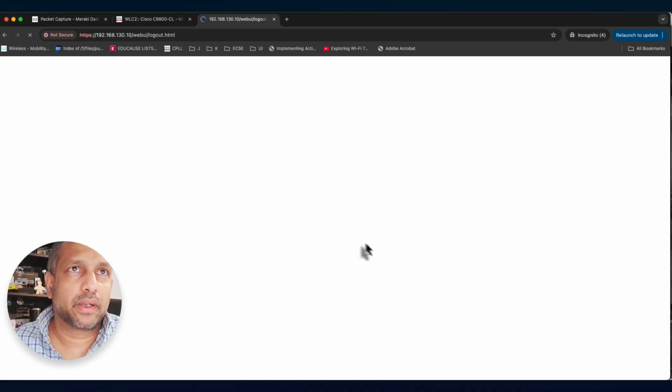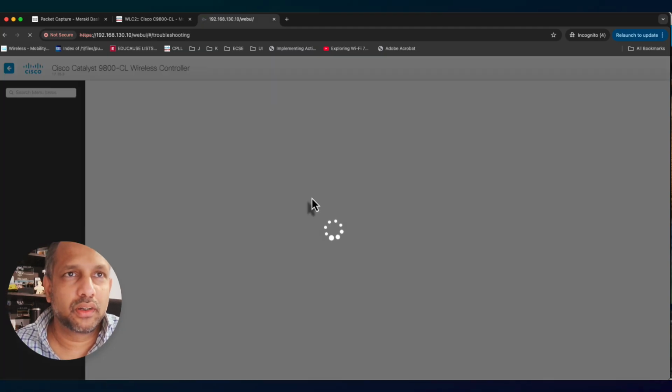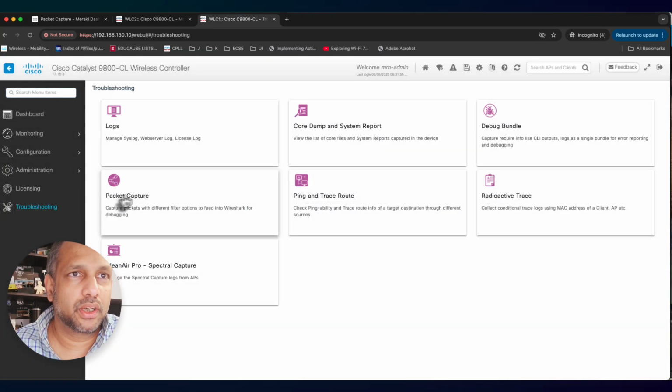And show you, at the moment no client is connected, but I have added that AX211 client MAC address in the packet capture. If you go to troubleshooting, packet capture,